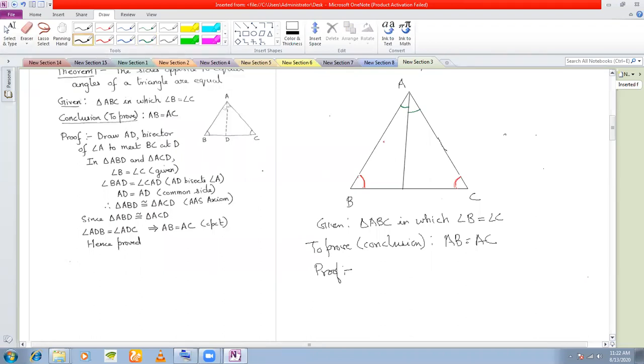Okay. Now again, I'll proceed to prove that this triangle is congruent to this triangle. Let us call this point D. Okay. So let's see. In these two triangles, the red angles are equal. The green angles are equal, definitely, because we have done the construction that way. Also, this side AD is the common side. That means two angles and one side. So what should be our axiom?